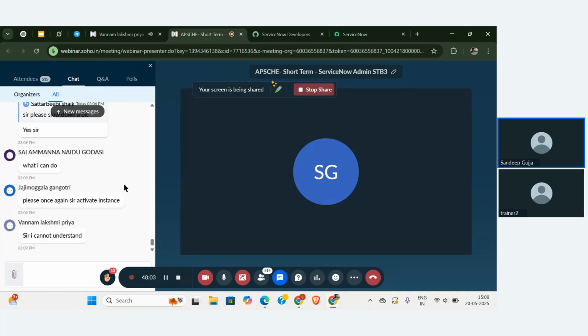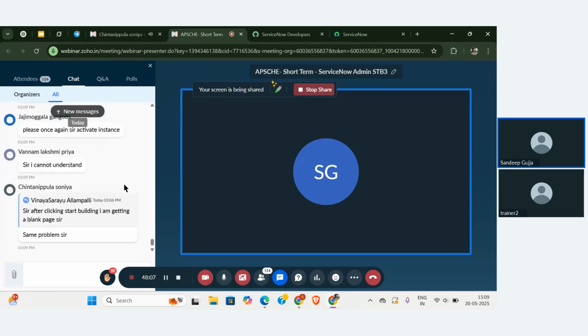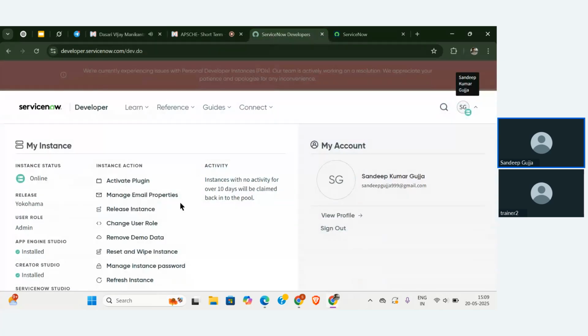See, very simple, guys. What I'm conveying to you is that we have some instance actions that we can use to modify our instance. Among them we have a few actions that are very useful, that is upgrade instance and refresh instance.